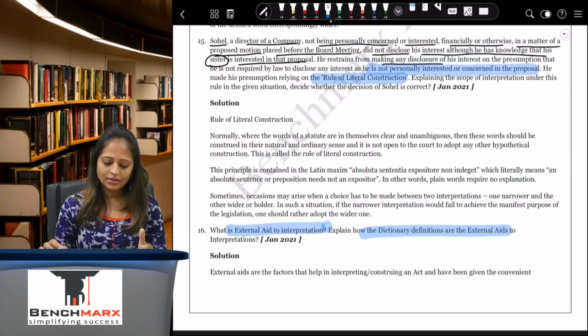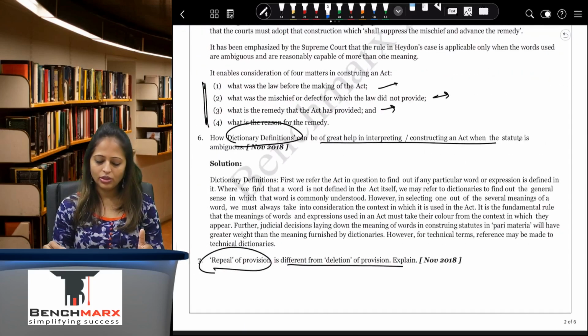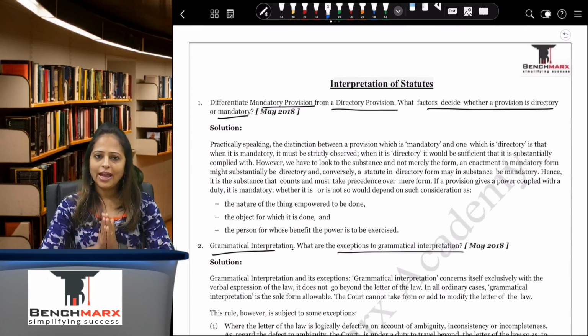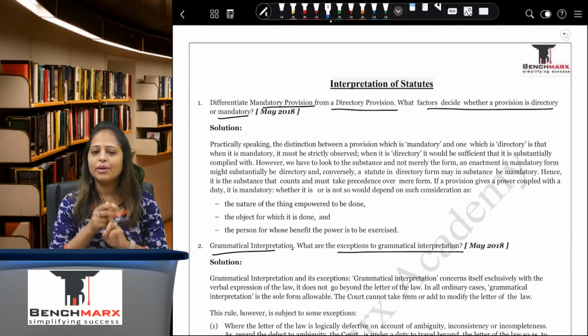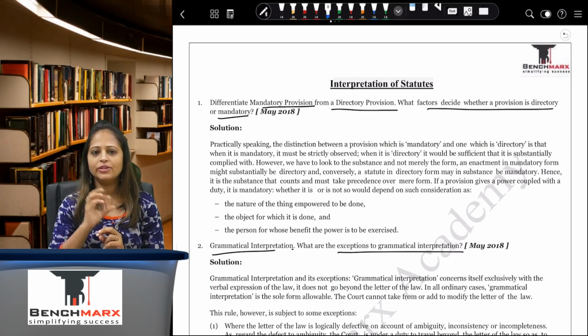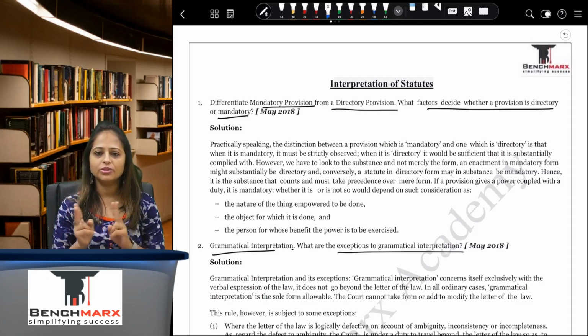So these are the questions. As you can see, they are all theory type of questions that are being asked here. You can write it down in your own words. Remember the legal maxim. Do not forget the legal maxim, and always read it properly so that you don't confuse it between two rules and give the incorrect answer. So please read the question properly before you give the answer to that particular question, unless it's a simple question, of course.